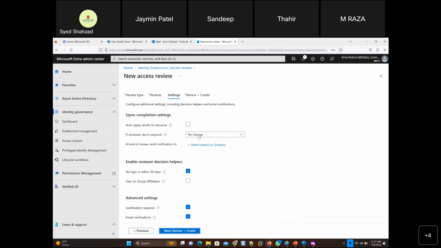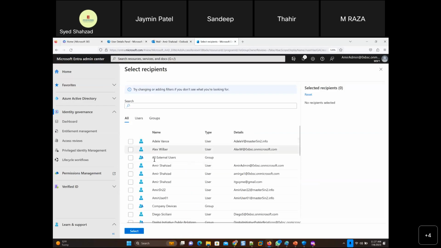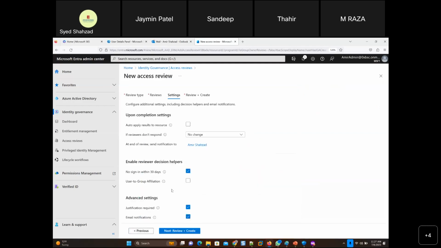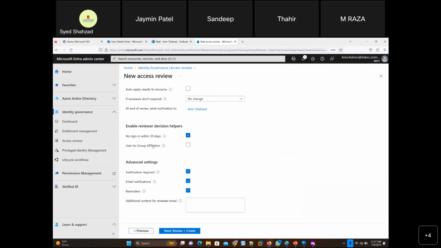No. And if reviewers don't respond, well, I will be responding now, so no change. At the end of the review, send notification to: yes, I will send notification to the administrator on whether the director reviewed it or not, right? And no sign-in for 30 days. This is just extra information that the reviewer will get about the users that he or she is deciding to approve or not, right?